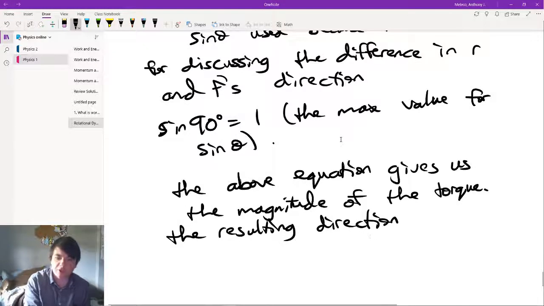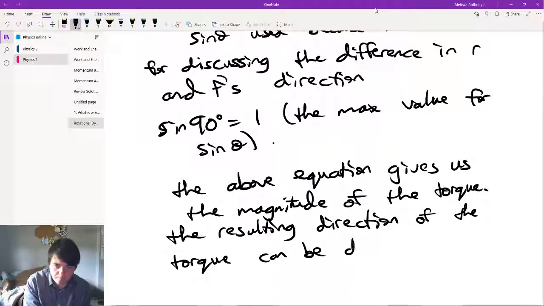Because remember, torque's a vector, and this only gives us the magnitude, right? But the resulting direction of the torque can be determined either by the cross product